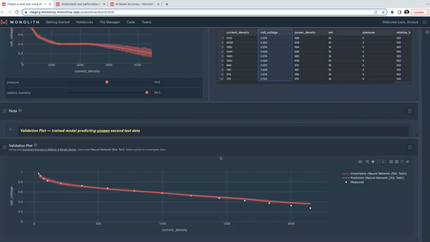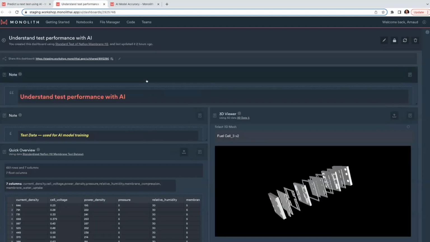So to summarize, we have taken a model that was trained on data from test 1, and we've applied it to unseen data in test 2, and we've gotten a prediction, which is reasonable, for test 2. Now we'll go to the second step, which is understanding test performance better with AI. So here we have